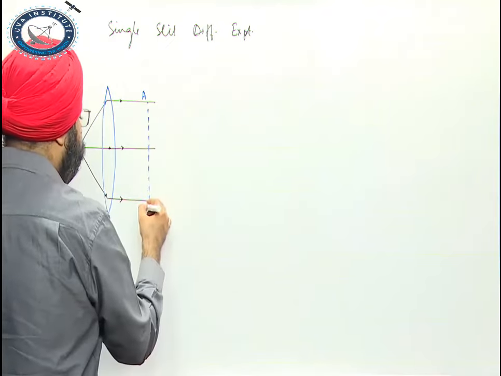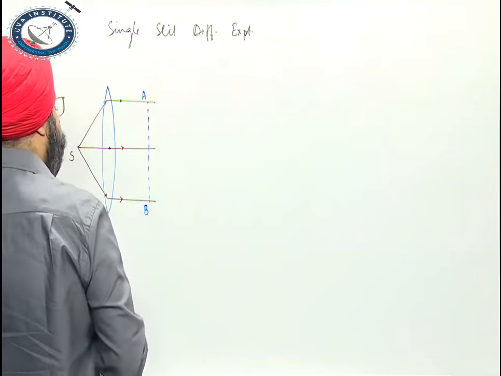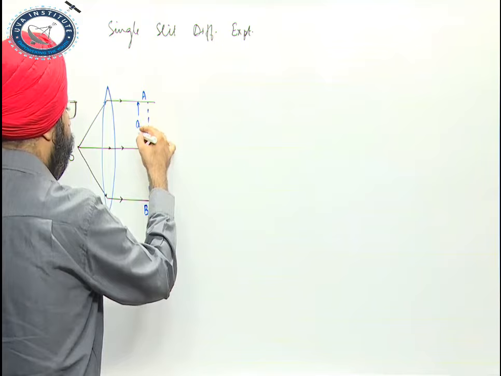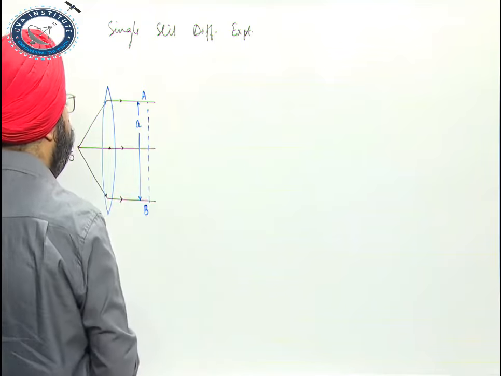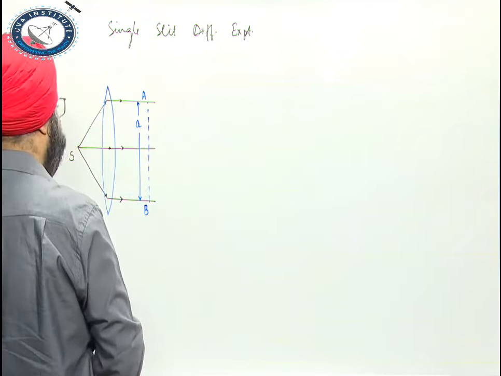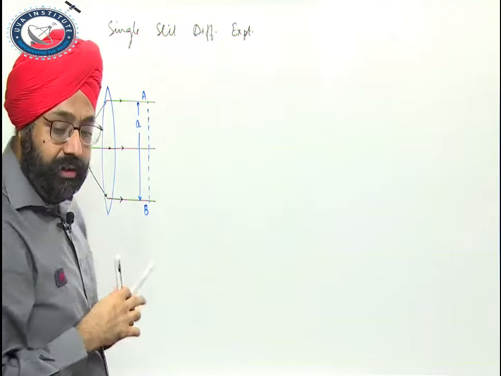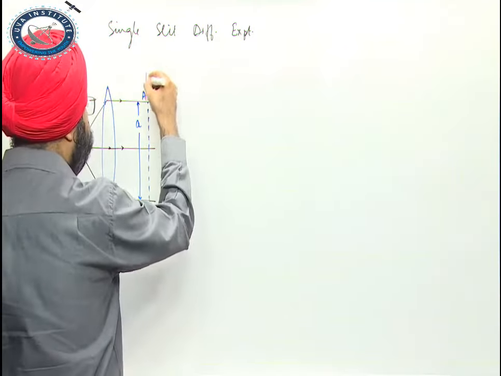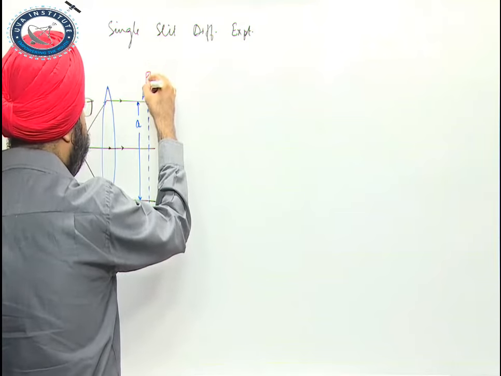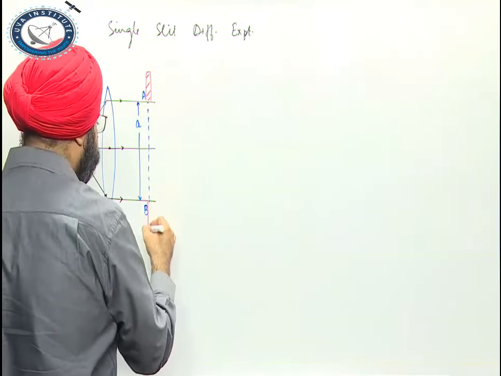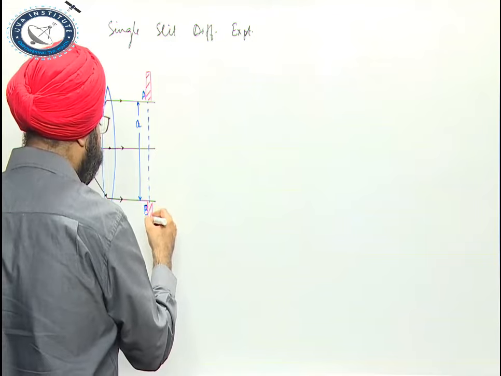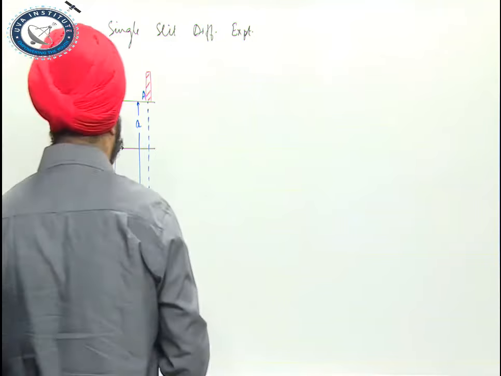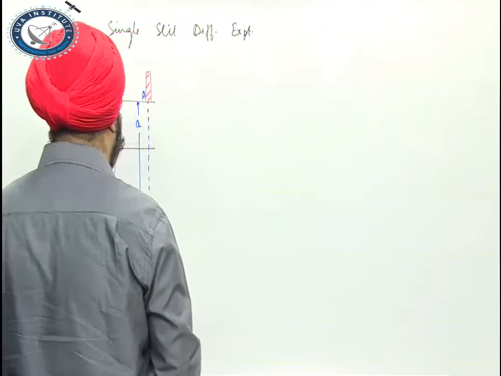So the wavefront here, this wavefront AB, is planar. It also means all the points which are on AB are in the same phase, because in the case of a wavefront, all the points lie in the same phase. And again, let's assume that this is a slit or aperture through which the wavefront is passing, and after that it is going to diffract.